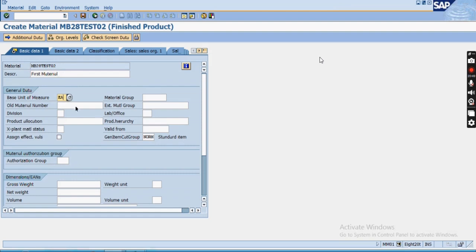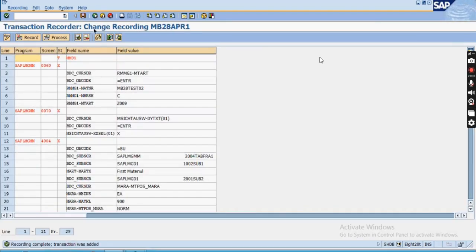Okay, so here the base unit of measure, you can see the material group 900, the old material, external material, division, product allocation, all these things are not required, right? Click on this save button, and once I click on the save button, the material got created and we have come back to the recording